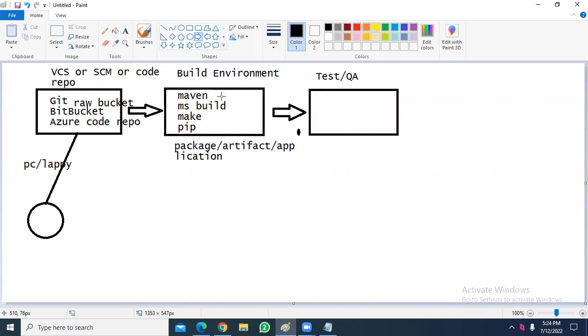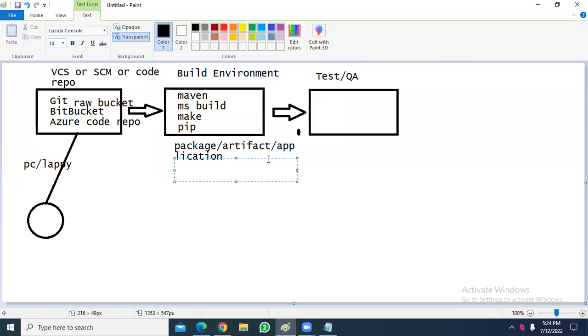The outcome, the result of this build environment is a package. Generally for Java projects, the artifacts or package will be in the format of jar files or war files.